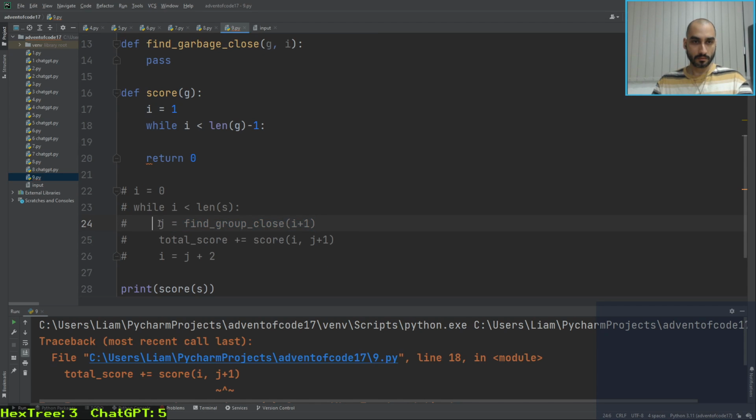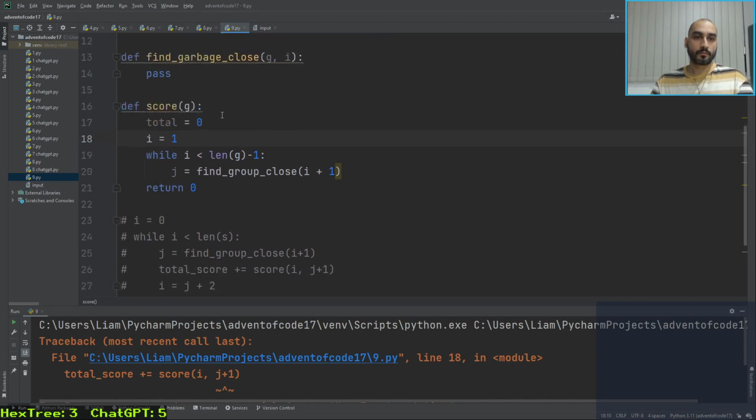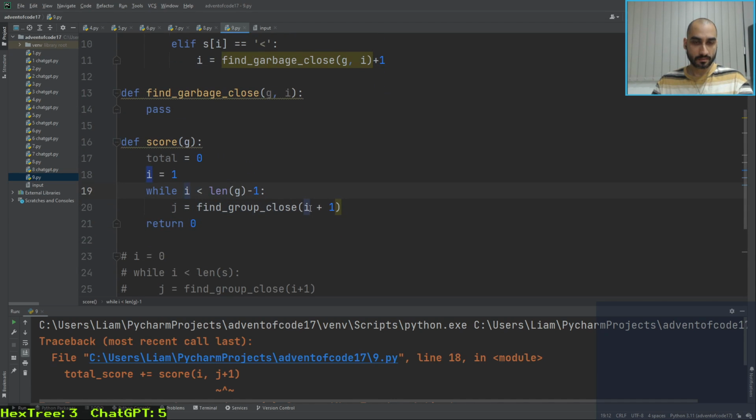J is find the group, the index that closes this group, starting from I. Add 1, go past it. Total plus equal